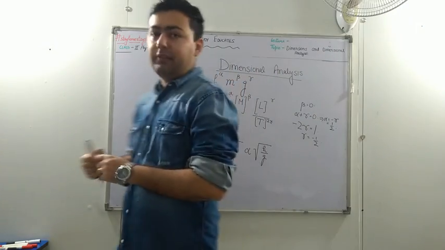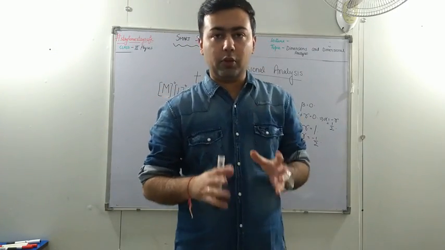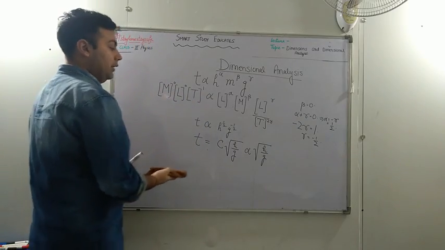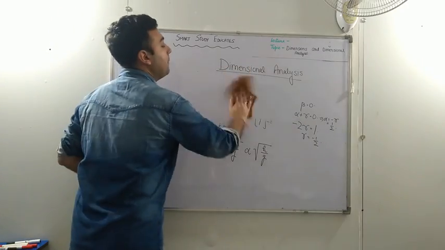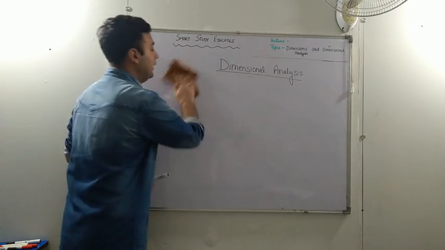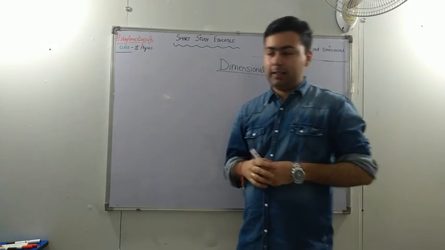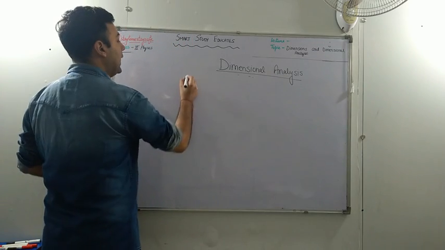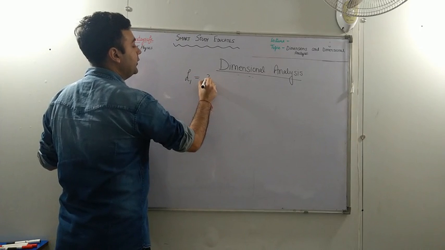Now I will prove this concept of mine with the support of some experiment. How? We need this result, and all I can say is that if I take two apples and make them fall from different heights, let's say I take the first apple at a height h1, it's 3 meters